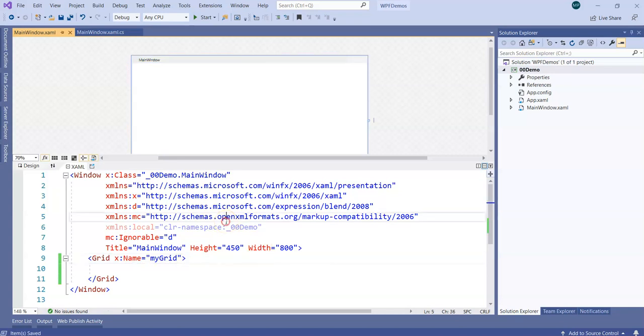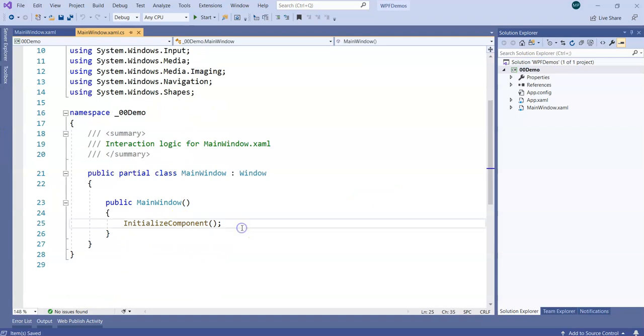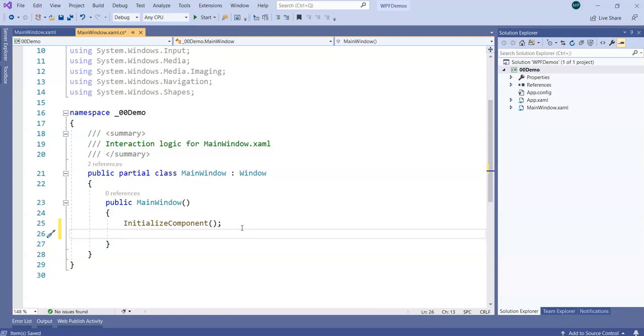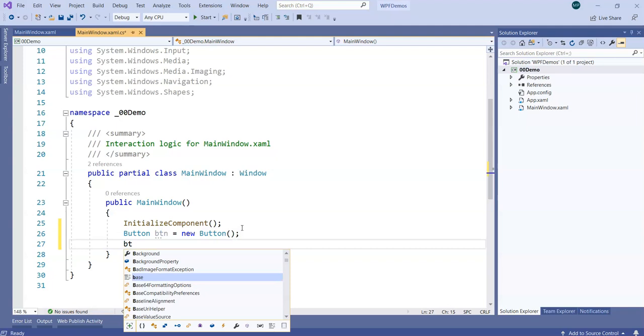If I add a name to the grid, let's call it myGrid over here. Then we can right click and go to the code window, and in here, once the constructor gets called, we know that XAML gets converted, specifically element by element, into C#, and that is going to be one glue file or auto generated file. So option 1, you drag and drop. Option 2, you code here a button class object. You can say button equal to new Button, which means that instead of what is automatically generated, you do it by yourself in order to get full control.